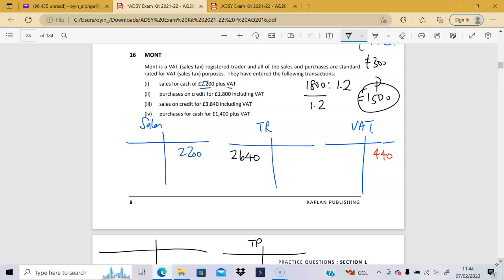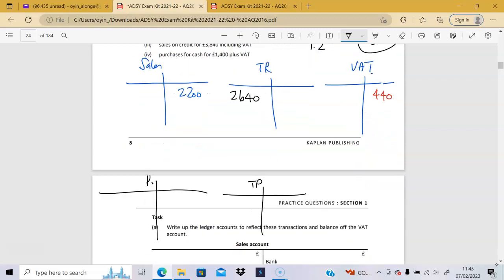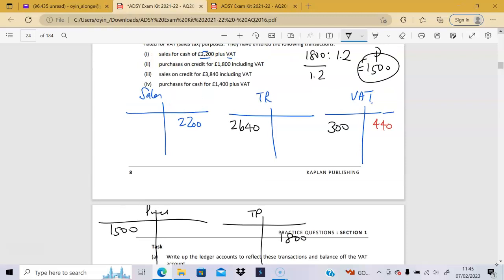So I will therefore recognize as my purchases 1,500. I can claim back 300, and I will oblige the supplier with 1,800, right? And that's kind of how we manage that situation there. Then it talks about